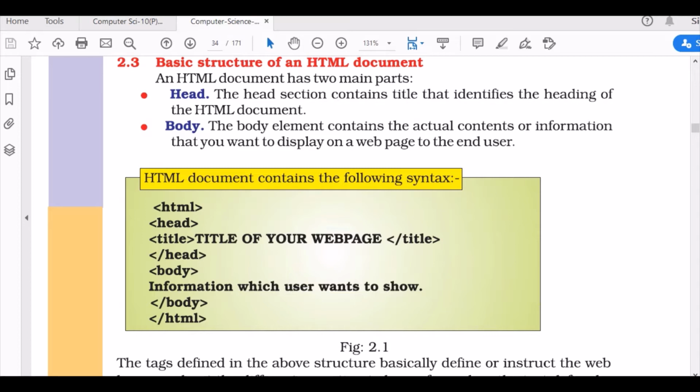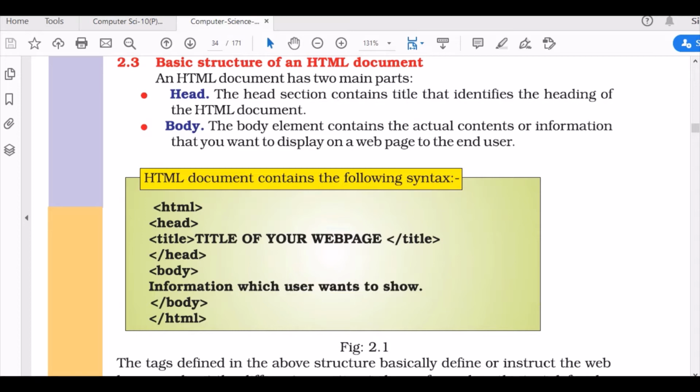Now, when you start HTML, you start with the html tag, in angle brackets, and then this is your head part. In that you use head and title. Title means the topic of the page that you want to show, and then you close the tag with a backslash, and then you close the head tag.